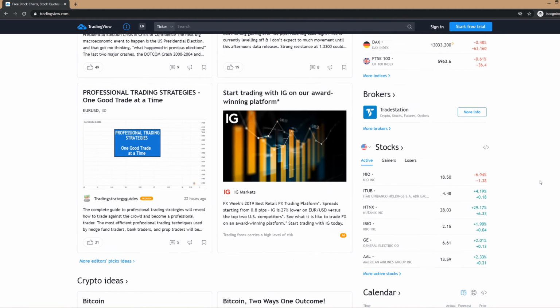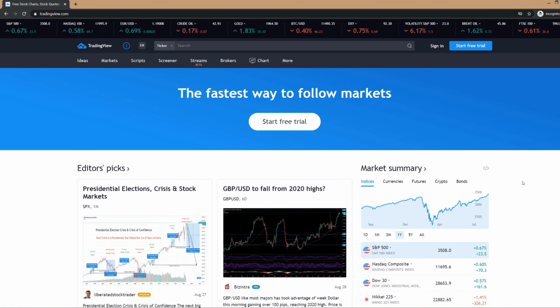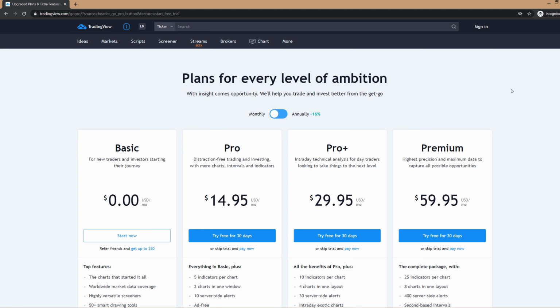So what I do, or what I did when I first went to this website, is you're going to want to sign in if you don't have an account already, because that way it'll save all of your charts for when you log back in day after day. If you don't, then it's going to be a hassle because you're going to have to make your watchlist again, you're going to draw your TA again, so it's really not worth it. So just click here to start your free trial, and then see these are all the different paid plans that you can do,